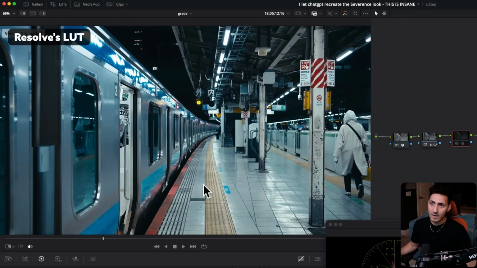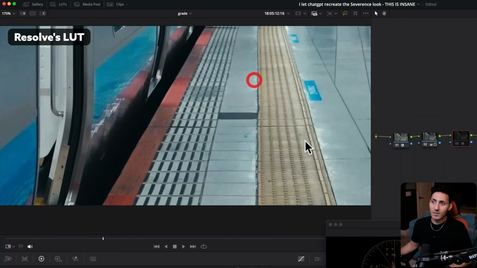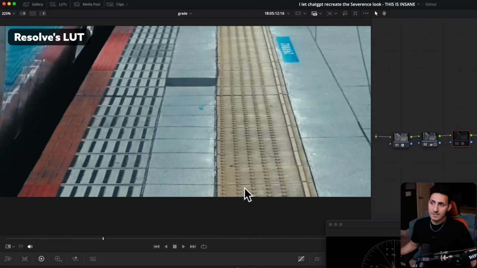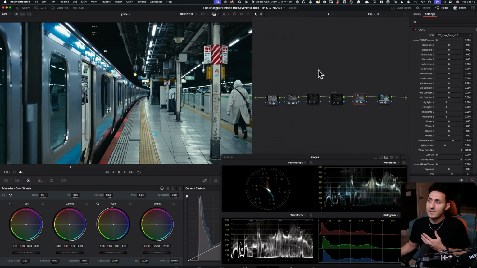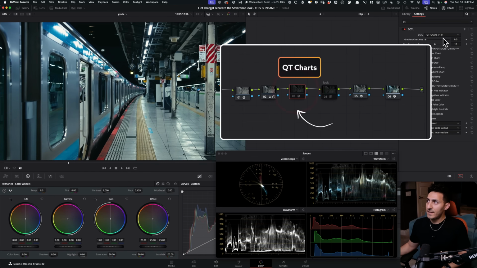Because if we go here, it is very flat. Look at our yellows. Look at our yellows here. Look at our reds here. Look at our red here with Resolve's LUT. Look at our reds. And it's very simple to what this is doing, because if I just go back to my Qt charts